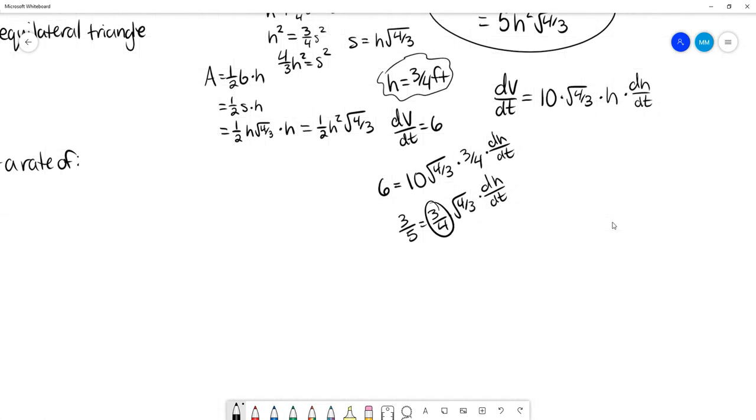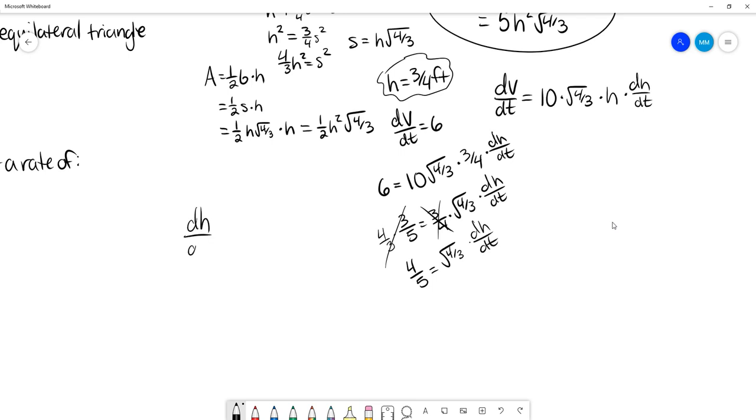Now I undo this multiplication here. It's times 4/3 to undo that. That's going to cancel, so I'm going to get 4/5 equals the square root of 4/3 times dh/dt,